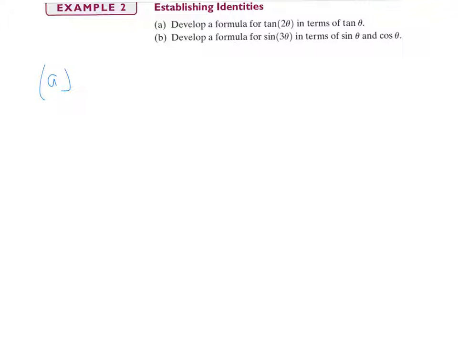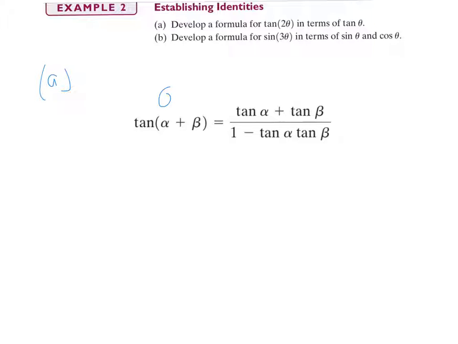So for part A, let's remember the formula for the tangent of alpha plus beta. Now use the same general process as the other 2 formulas, sine of 2 theta and cosine of 2 theta. To remind you, our formula for tangent of alpha plus beta is equal to tangent of alpha plus tangent of beta over 1 minus tangent of alpha tangent of beta. So if we replace alpha and beta with theta,